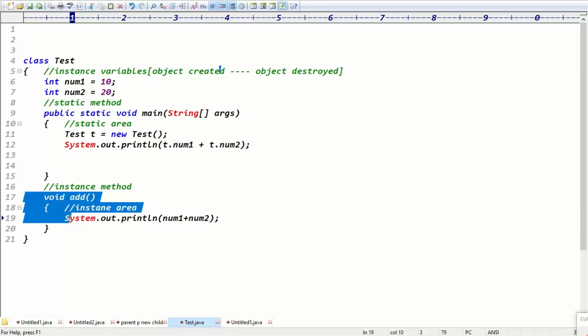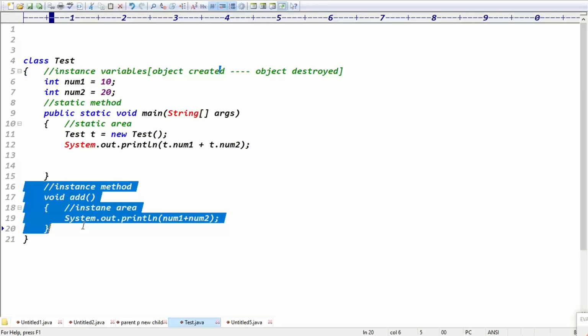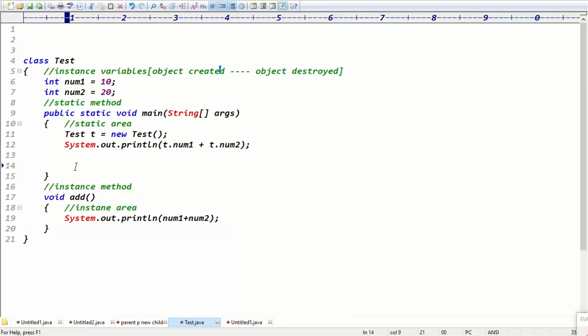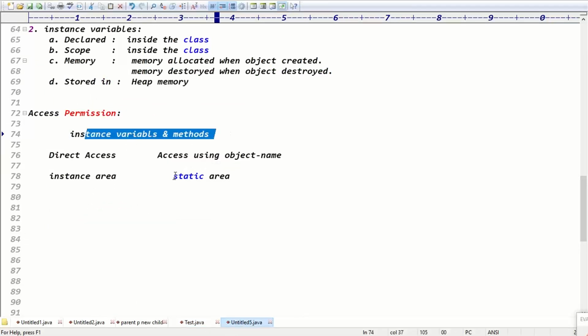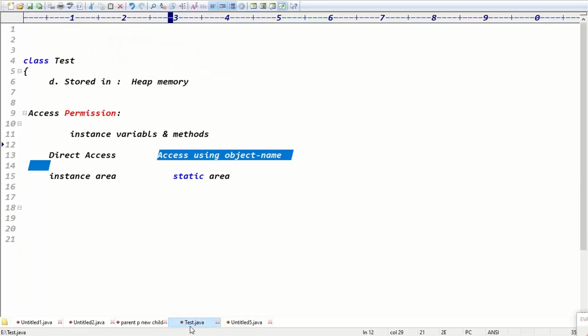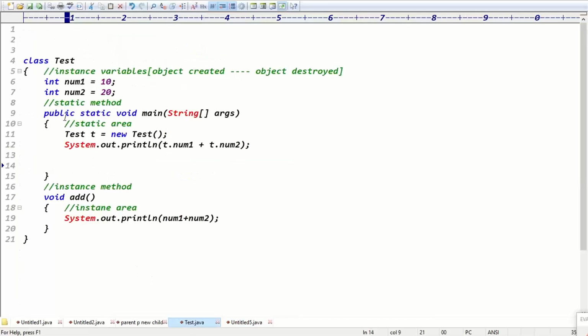This is an instance method. You decided you have to call this method inside the main method. In that case, this is what type of method? Instance method. Here we have to call it. Then how can we call that method in the static area? Instance method and static area, definitely a different area. How can we access it? Using the object name, right? Access using the object name, guys. I think inside the class the object is already there. What is the object here? t, right? Once we create the object inside the method, you can use that object multiple times, it is not a problem. So you can simply call t.add method, right?